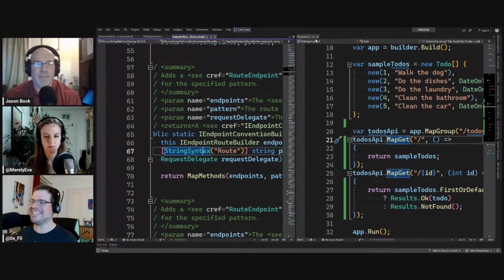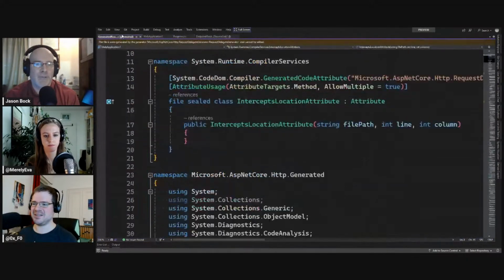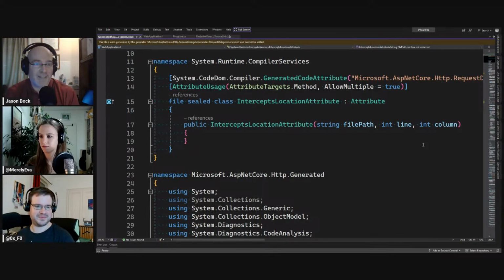So anyway, with interceptors, one thing I think is interesting is that when you're doing your demo here, this is actually with the .NET 8 AOT template for ASP.NET. So even though this is an experimental feature, they're using this in what is being shipped with .NET 8. I find that interesting.